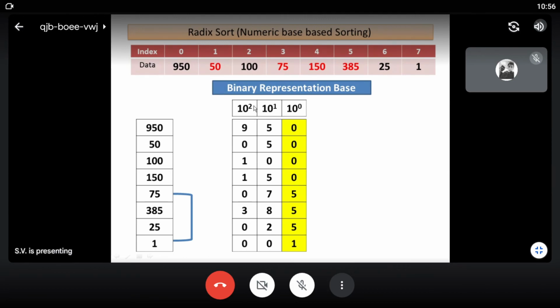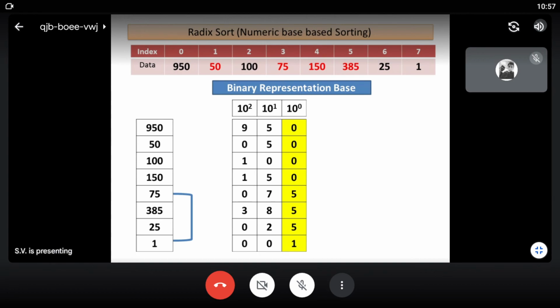So if I multiply 10 square, that is 100, with 9, I get 900. Then if we multiply 10 raised to 1 with 5, we get 50. And when we multiply 10 raised to 0 with 0, we get 0. If we sum the total amount, then we get 950. Yes, able to understand? Yes, sir.